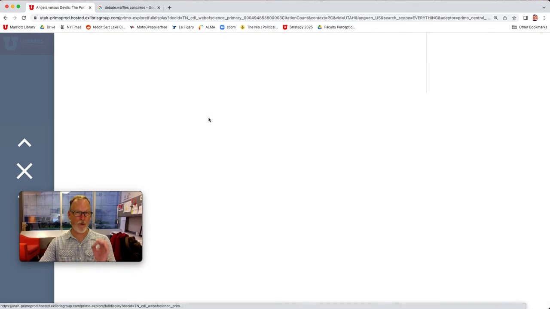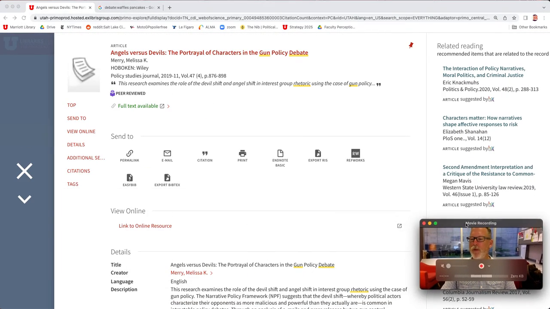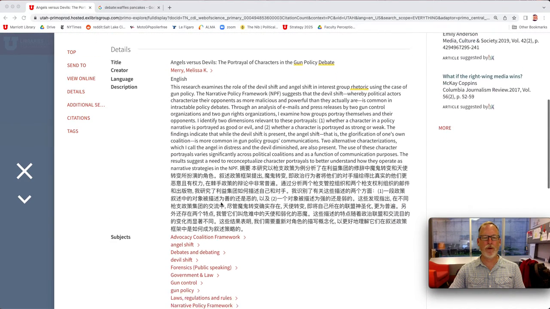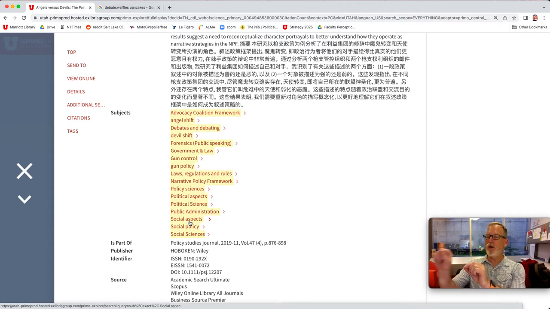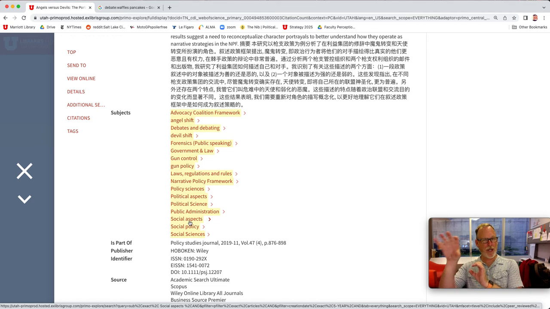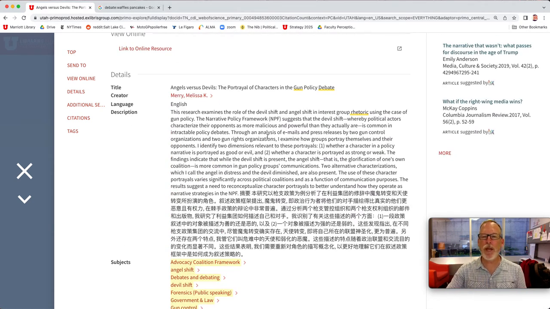If you find one that really resonates with you, go into that article and they'll have keywords too. All of these are the keywords that have been set up by the author or authors of that particular article. You could click on any one of these and go down and find supporting evidence for each one of those different policies that you were talking about. And you can see what the main idea is. Examine how groups portray themselves and their opponents. Ooh, that's great.